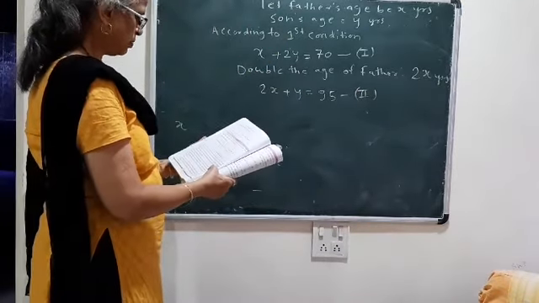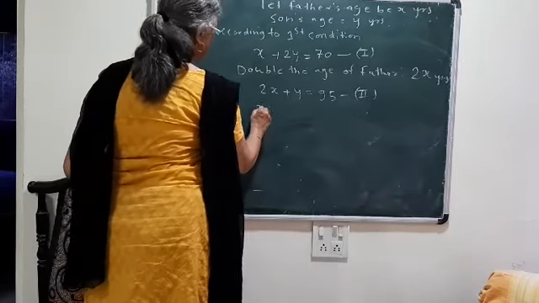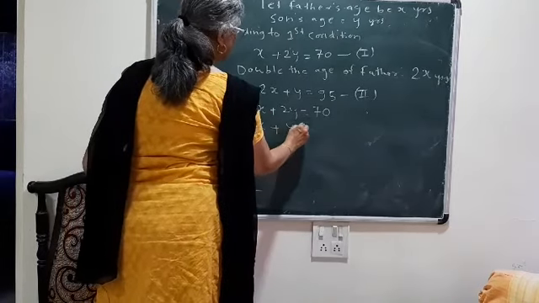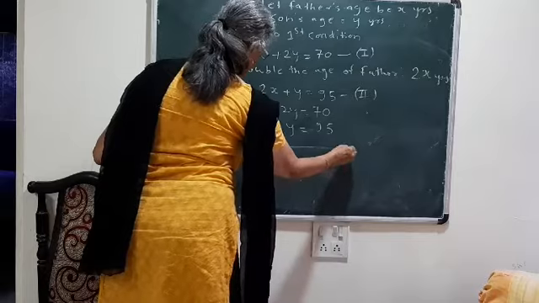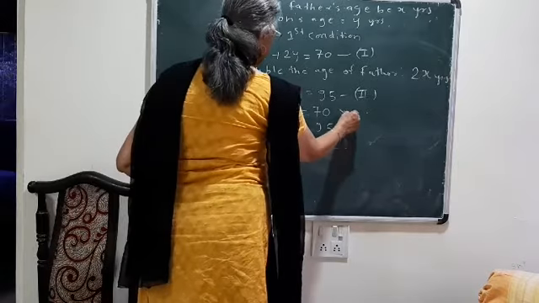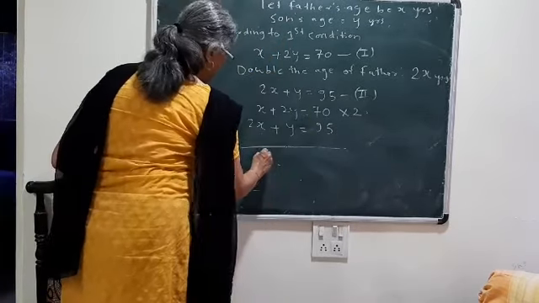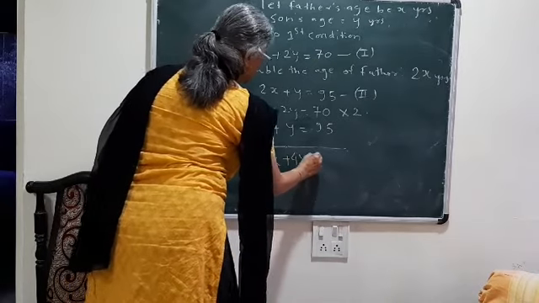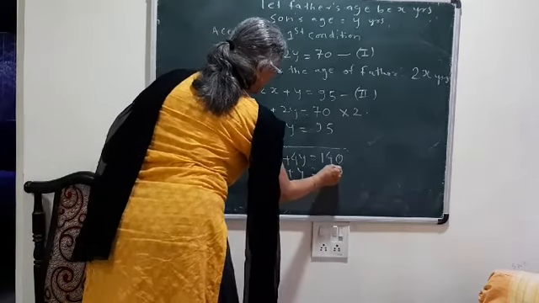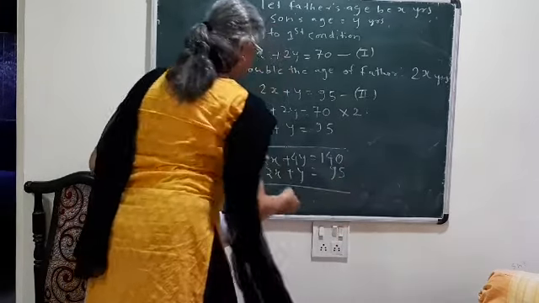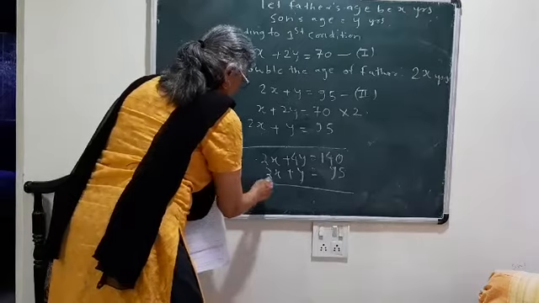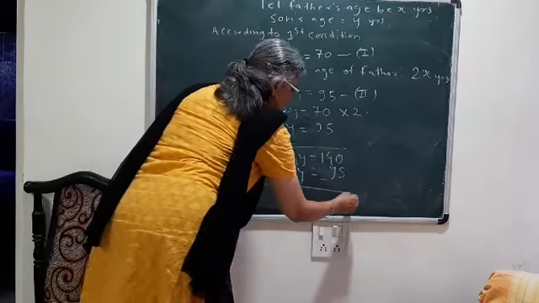Now by the usual way we can solve it. So x plus 2y equal to 70 and 2x plus y equal to 95. So the coefficient of either y or x we are going to make equal. So multiply the first by 2, we will have 2x plus 4y is equal to 140 and 2x plus y is equal to 95. So here we have to change the sign. That means which operation we are going to do? Subtraction. So minus, minus and minus.